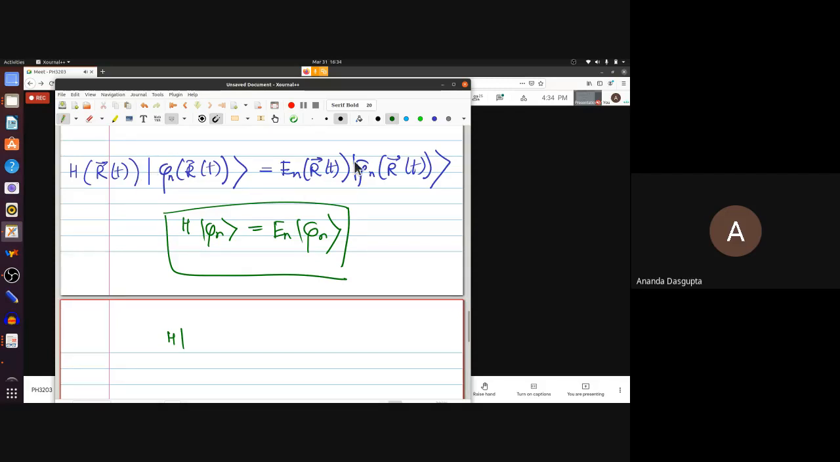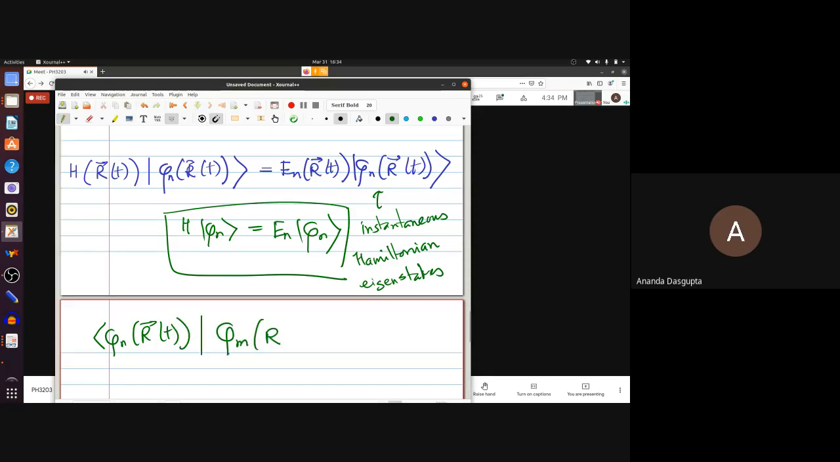What you have is instantaneous Hamiltonian eigenstates and instantaneous Hamiltonian eigenvalues. H of R of t is called the instantaneous Hamiltonian. It's the value which the Hamiltonian takes at a particular instant of time. So the instantaneous Hamiltonian at time t, that is a Hermitian operator, has a complete set of eigenstates which obey all the properties that you would want eigenstates to have. So that is phi n R of t,